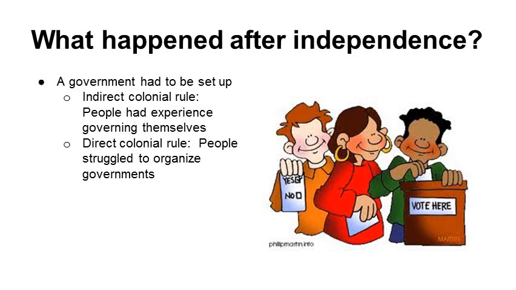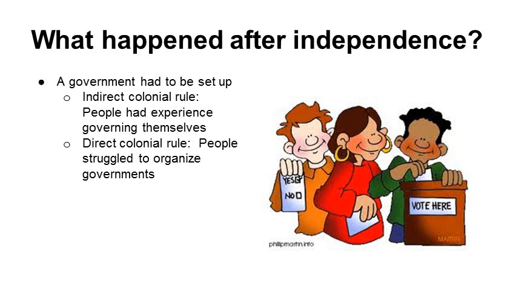What happened after the nations gained their independence? Well, several things. First of all, a government had to be set up. And remember that nations in Africa had had basically one of two experiences. In places where indirect colonial rule had taken place, lots of times this was true of the British Empire, people had experience governing themselves. The British may have been in control, but the local people within the country were able to serve in government and had experience with making decisions and being in charge. In places that had more direct colonial rule, and this would be more true in places that were colonized by, say, the French, the people struggled to organize governments because it had been outsiders who had been in control during